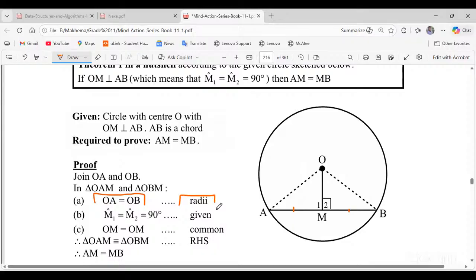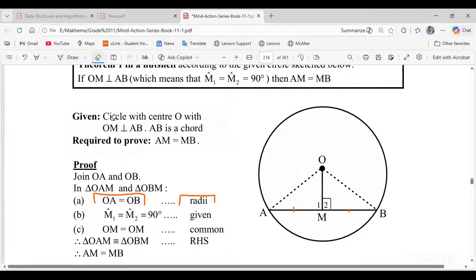So please, guys, always in Euclidean geometry, put the statement and put the reason. Don't only put the statement, say OA is equal to OB and leave it like that. Oh no, you're not going to get the full marks by only doing that. So you have to provide the statement, accompany the statement with a reason. A statement, a reason. So a backbone of Euclidean geometry is the reasoning, because without the reasoning, you won't get